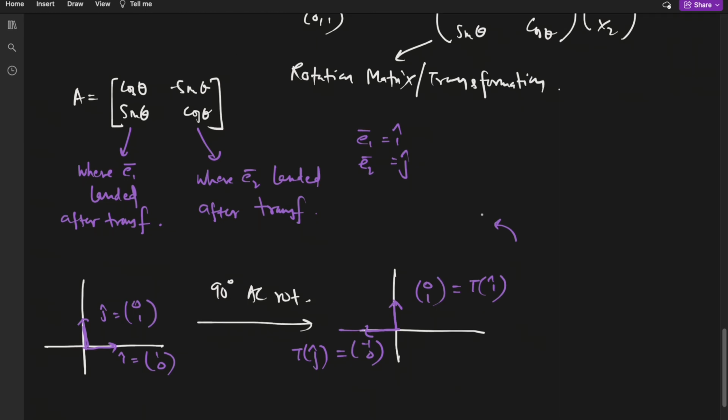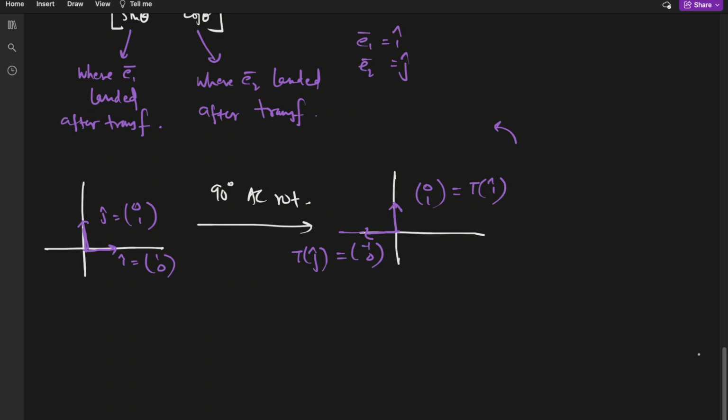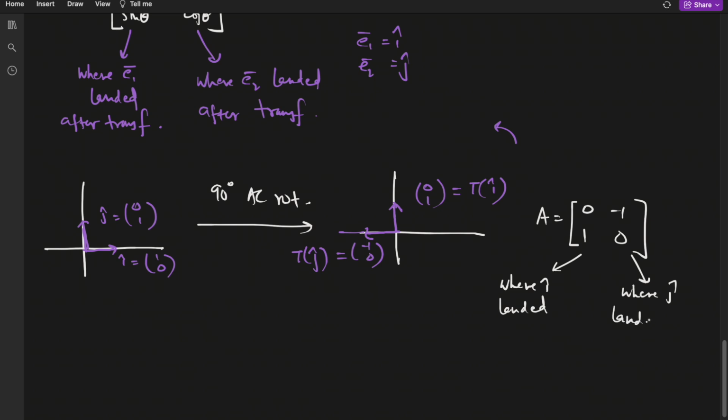right? So as I already told you, the matrix representation of the transformation T is nothing but where the first basis vector i hat landed, it landed at 0 1, and where the second basis vector j hat landed, it landed at minus 1 0, right? This is where i hat landed, this is where j hat landed, and we can also say this is T of i hat, the transformed i hat, and this is the transformed j hat,